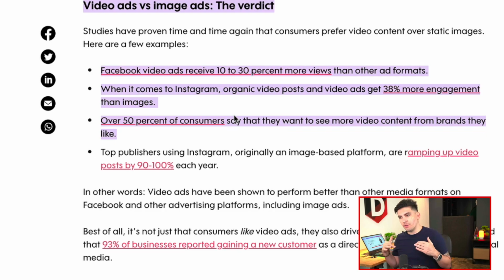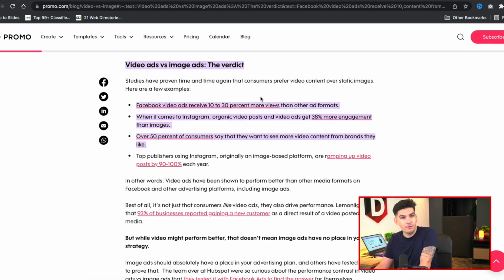So with this sort of information, I would never use images, because if there's a way to utilize your money better, why would you waste it on images when videos are proven to be up to 30% more effective? And you probably know the same thing. You would rather click on a video, right? If there's some guy talking to you or doing something, it's more engaging than just showing some picture. It's very boring, right? So videos are the way to go, and I highly recommend using video ads.